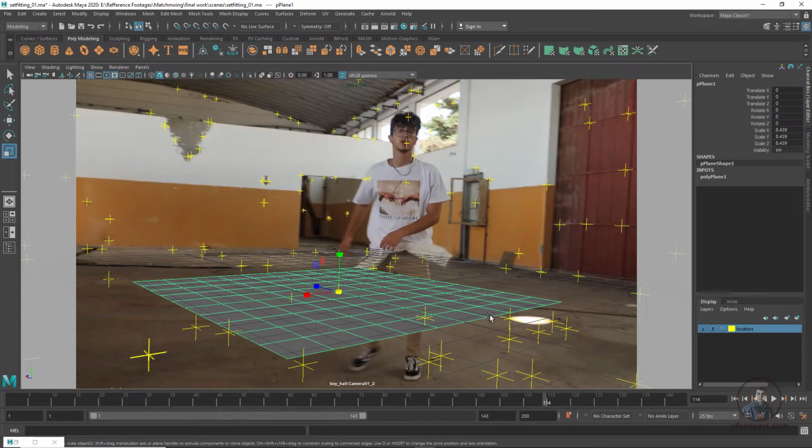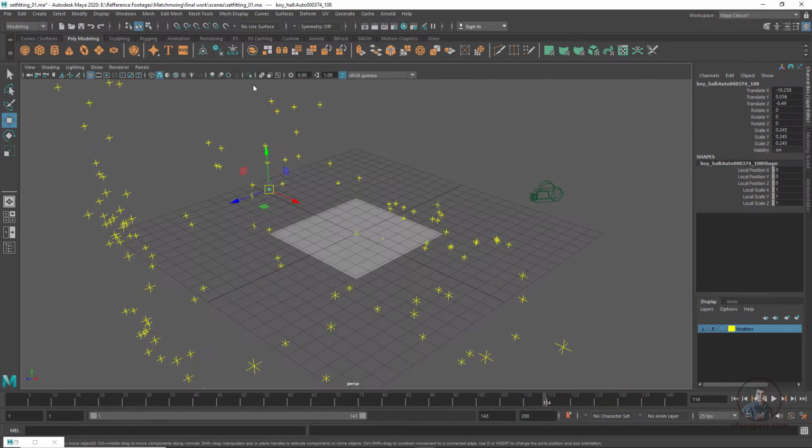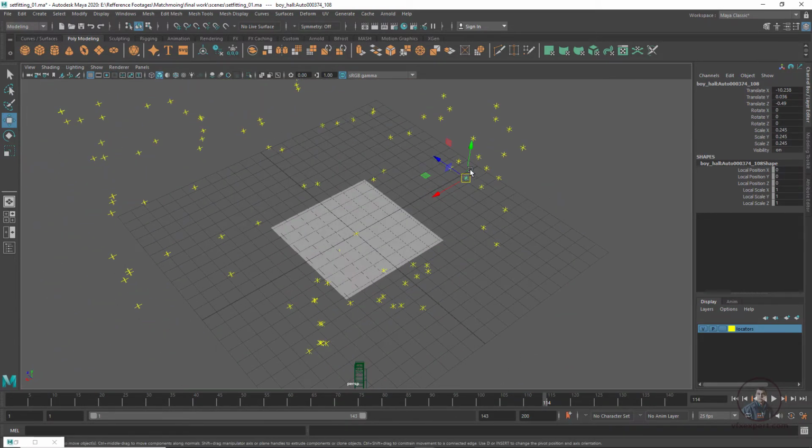So according to this object or this plane we will orient our scene, then we will create layout for this scene. Okay, so for that we have to select our points on the ground. So this point. Okay, so just here I am going to take this point. So what we have to do, come in our perspective view here. So this point will be our orientation point. Okay, so here this one.